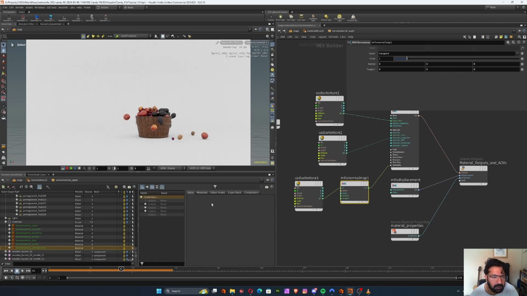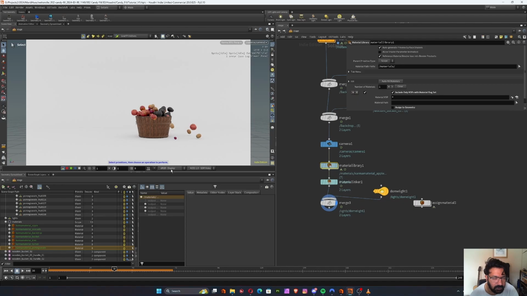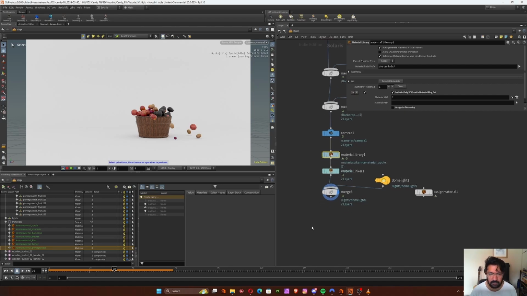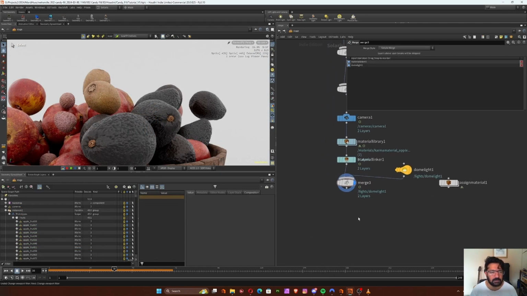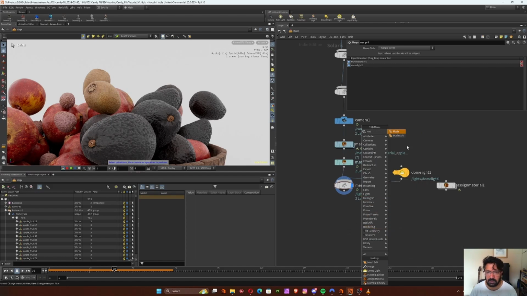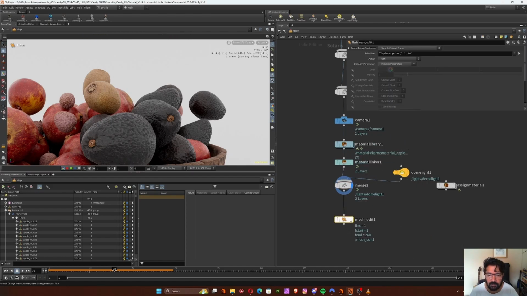So one thing we might want to do is subdivide the geometry at render time. I mean, from this distance it looks pretty decent, but just in case you want to get in closer, what we're going to add is a mesh edit. Okay, so one thing that you might want to do is subdivide these at render time. So you can use the mesh edits, and then